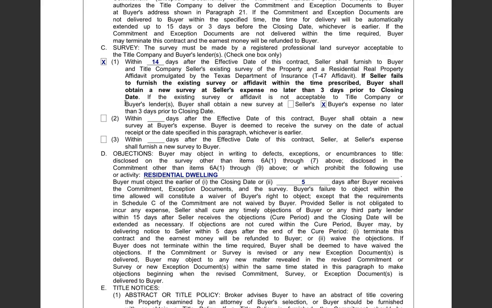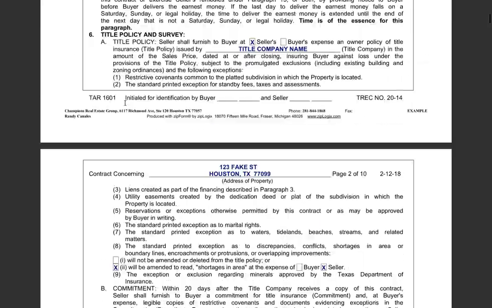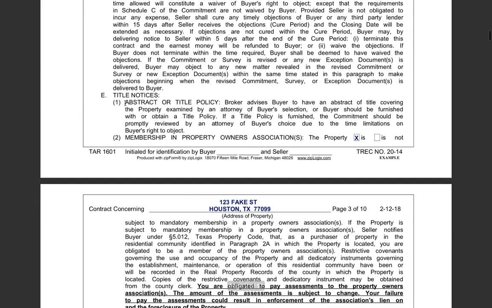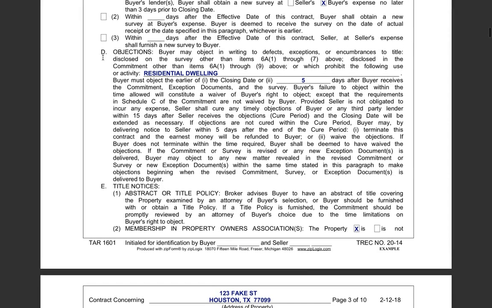Now we're going to move down to paragraph 6D, where it says objections. So 6D is basically going to state any objections that you may want to put in here. For the most part, this is always just going to say residential dwelling. We could edit this to say something else. For example, if you plan on using maybe part of the property as a business, or you want to run a business out of there, we could put that